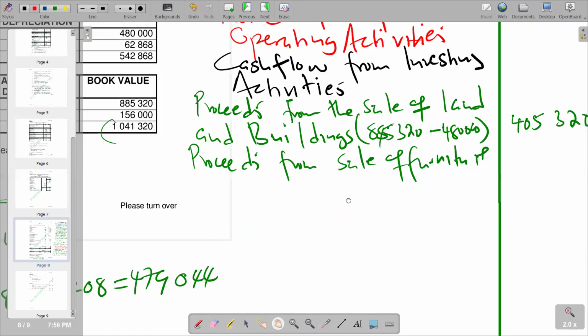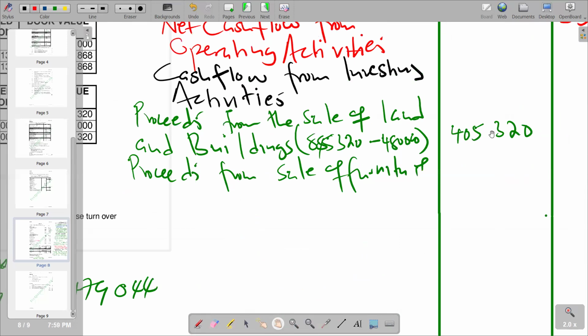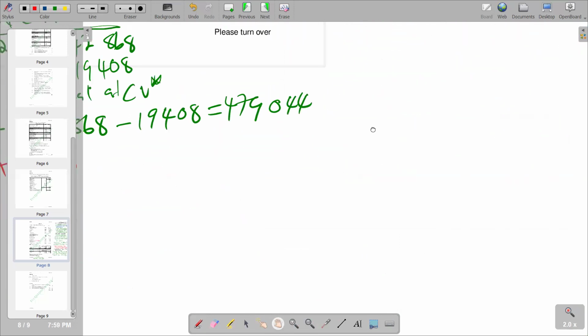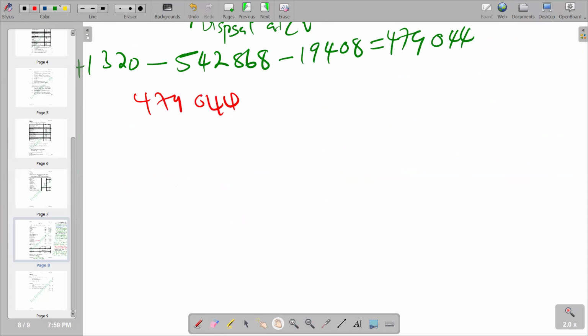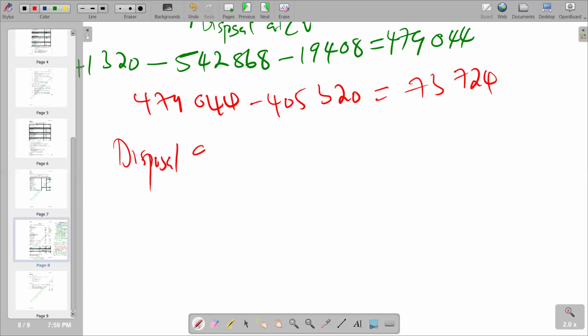The disposal of land and buildings was 405,320. So we subtract it, and we get 73,724. So this is now the disposal of furniture